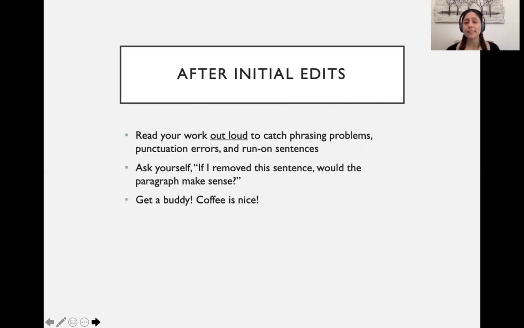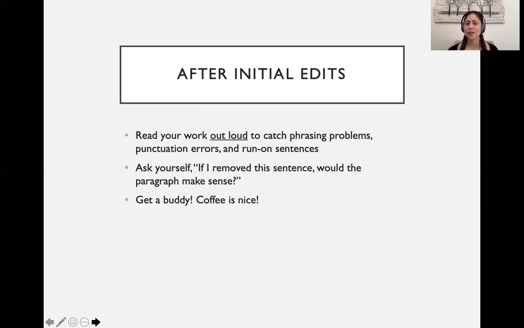Okay, once you've written and you've done your edits and you've done your wonderful paraphrasing and you've added your citations, please, please, please, I can't stress this enough, read your work aloud. That is the best way to catch phrasing problems, errors in punctuation, run-on sentences in particular. If you're having to take multiple breaths in one sentence, that's a problem. This is also where you can catch the need for commas. So read your work aloud, make sure it makes sense. Make sure you have topic sentences and transition sentences. And the best way to do that is to read it aloud, okay?